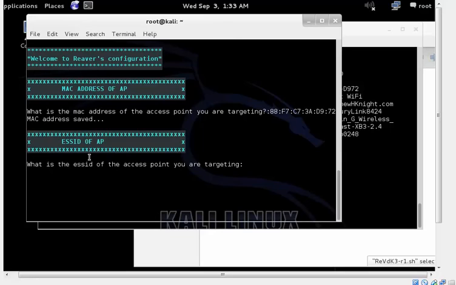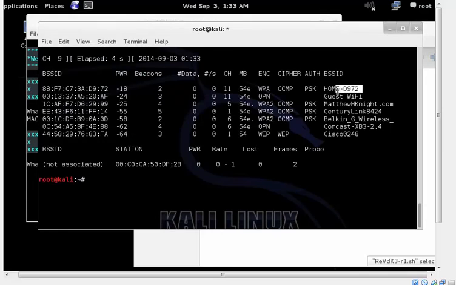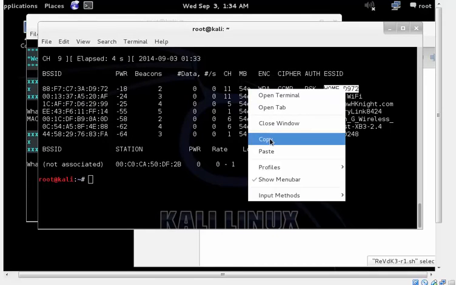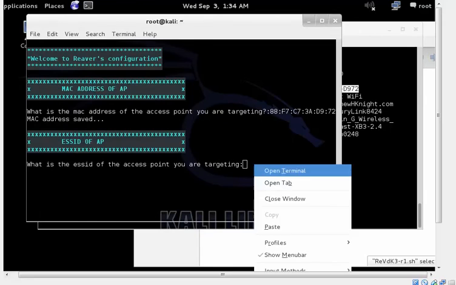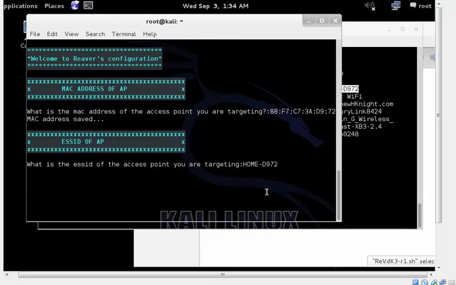Now it's asking for the ESSID of the access point, and that's the name of the access point. And this is the name of the access point right here. Towards the right-hand side, it's under the ESSID, so I'm going to put that in. Right click paste, you can copy and paste it, and press enter. Now it's going to spoof your MAC address. It's actually going to change your MAC address, and this can take a little bit of time